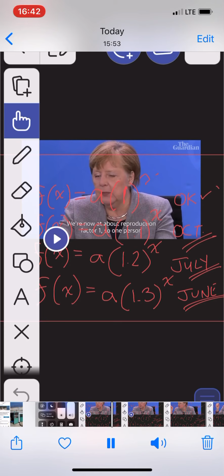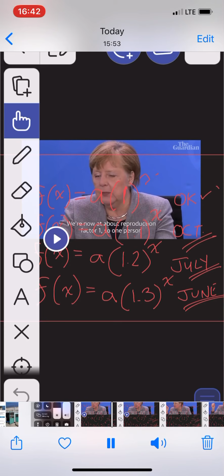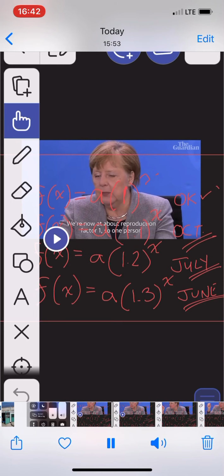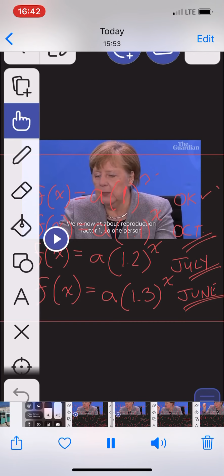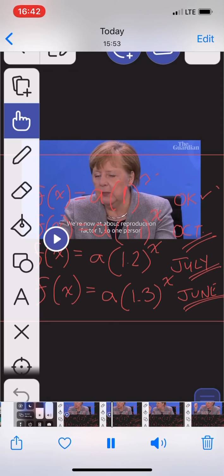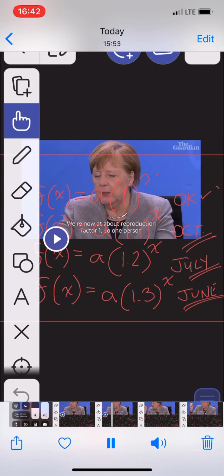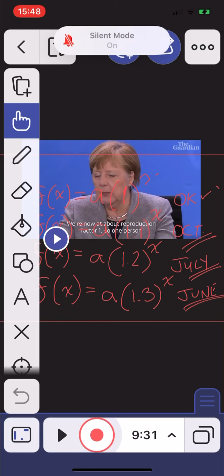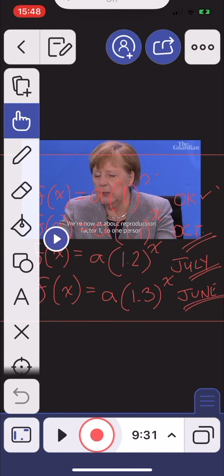It lets you make miniature Khan Academy videos, but it's like Khan Academy on steroids, because you can bring in your own video. Like this is Angela Merkel, and she is